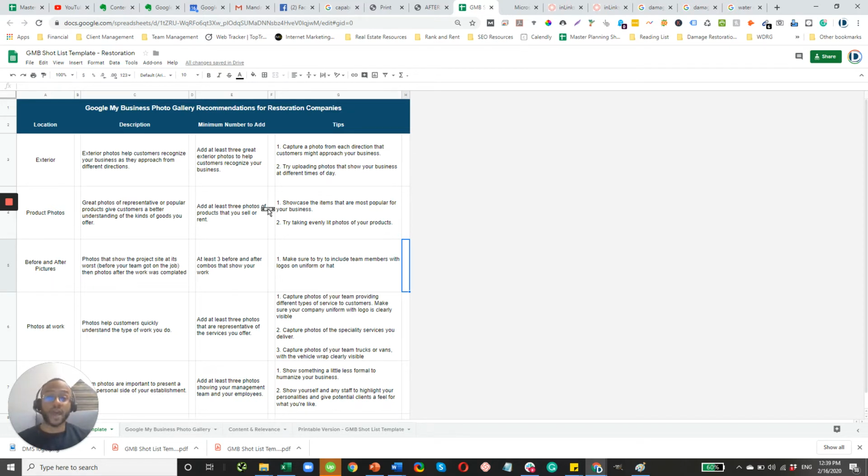Number three, before and after pictures. So this is really important for construction jobs. So let's say the mitigation has already been completed. And even for mitigation, if you can show where the situation was at its worst, and then your team came in and did your magic, and now it looks so much better, that's great and provides relief for prospective customers